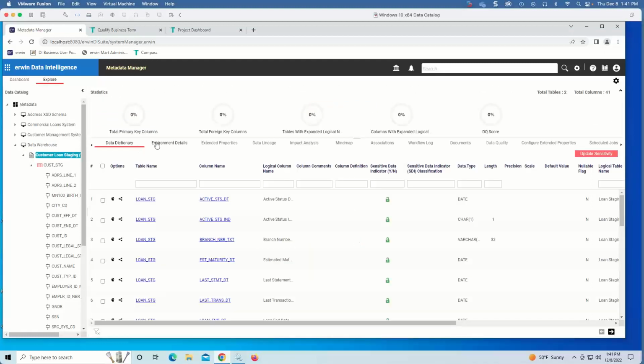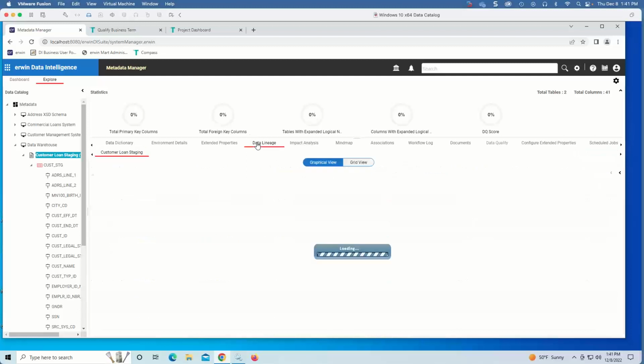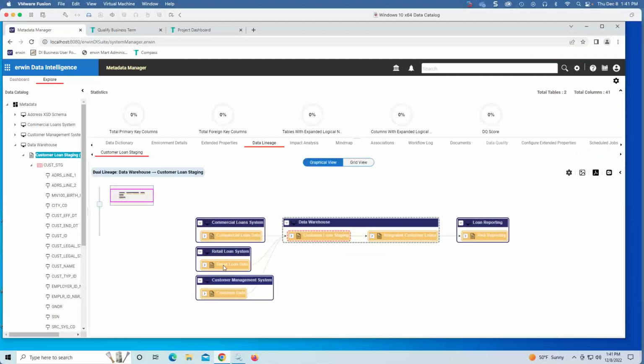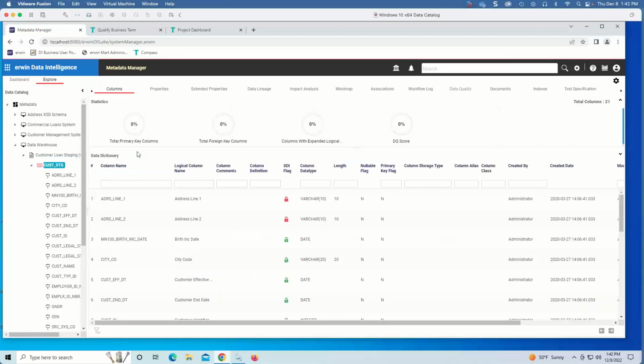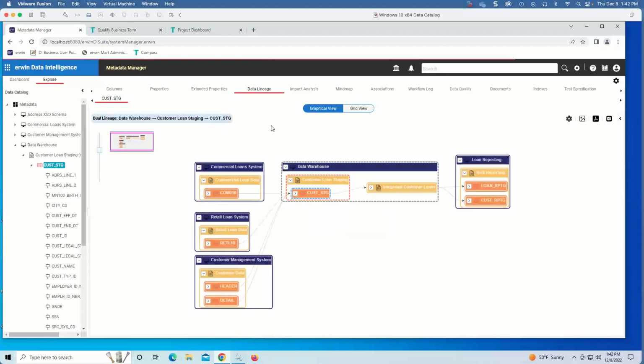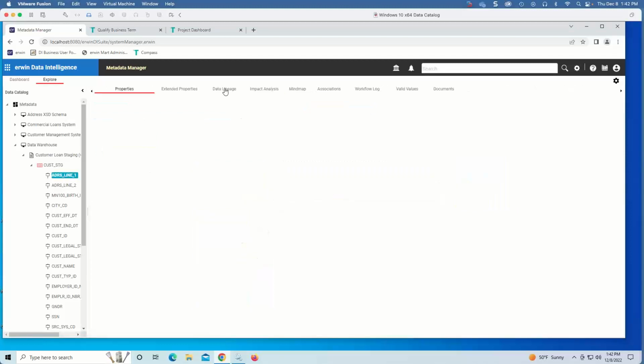And at the environment level, when I start to look at data lineage, I get to see a little bit more detail that within each one of these systems, maybe 1 or more different environments that are all loading into the warehouse, and that this warehouse has this area called staging, and then an area that's loading, and then a report called risk reporting. Then I can actually get into more detail and do lineage at this level, where I get even more detail, where I'm starting to see the table structures,